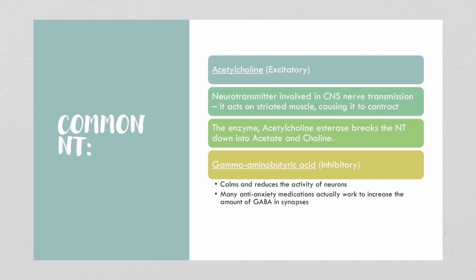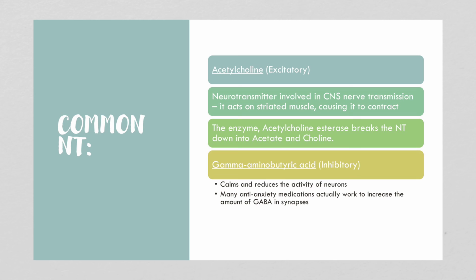So, some common neurotransmitters. Acetylcholine, which is an excitatory neurotransmitter. It's the one that's involved in central nervous system nerve transmission. It acts on striated muscle fibers and causes your muscles to contract. The enzyme acetylcholinesterase breaks down the neurotransmitter into acetate and choline so that the muscle can relax. Another one is gamma-aminobutyric acid, or GABA, which is an inhibitory